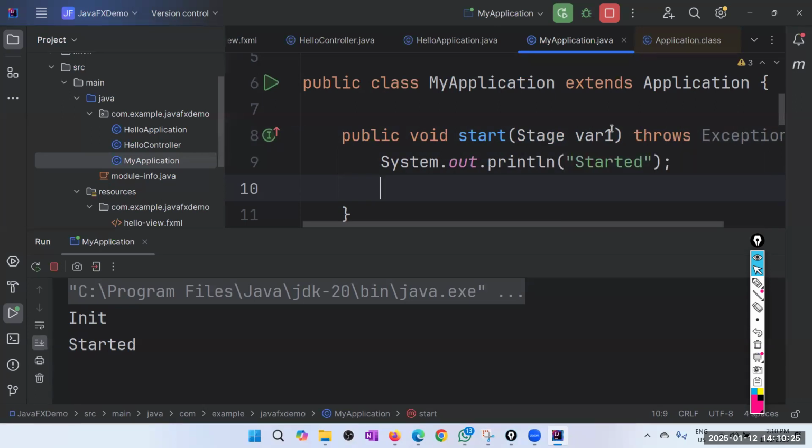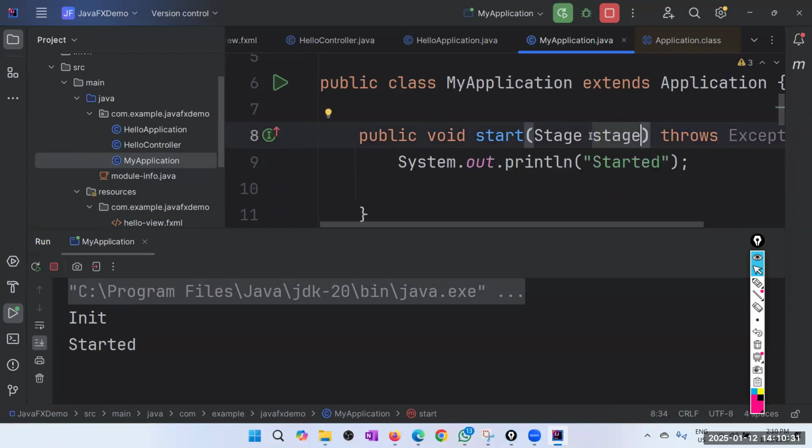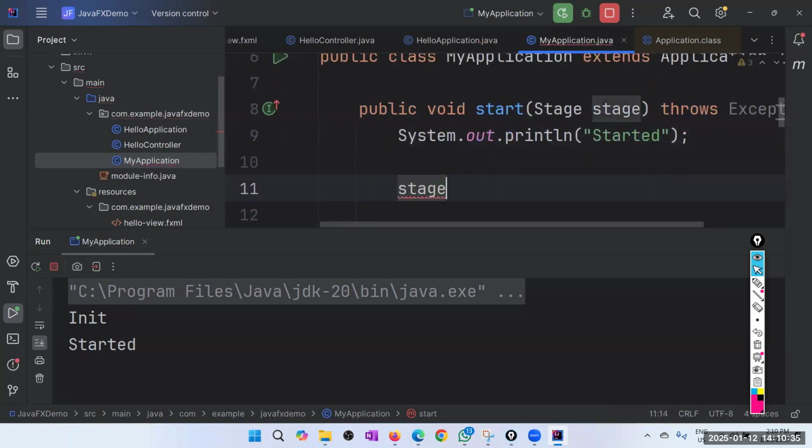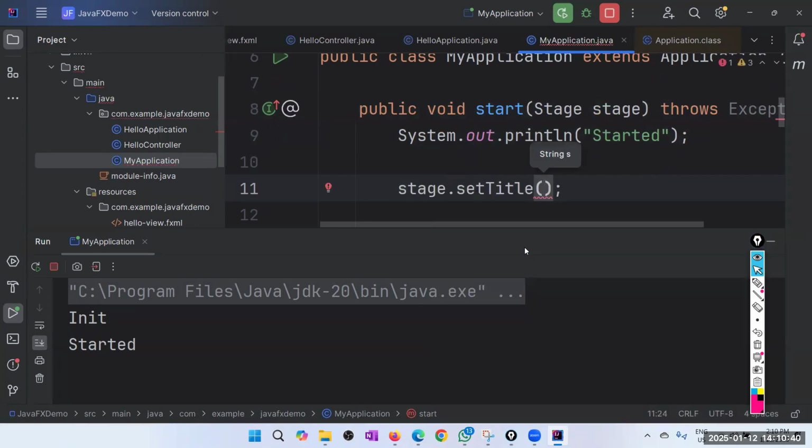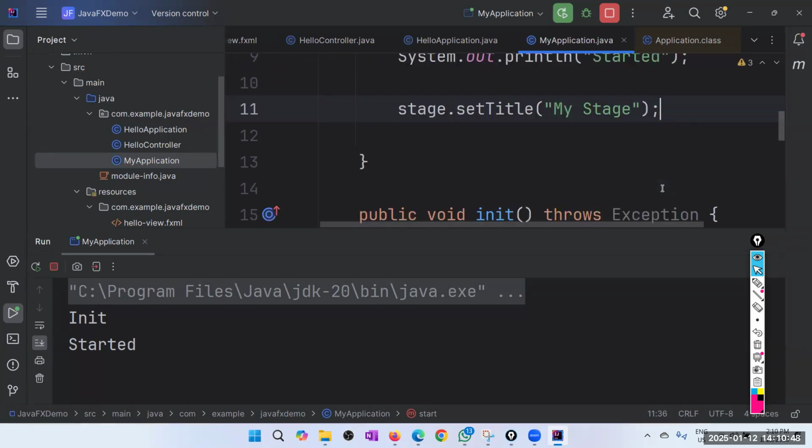Okay. So in my case, the stage is called var1. Shall we call it STG or something? Oh, yes, let's call it stage, so that it's easier to type. Stage dot set title. I'll call it my stage. Of course, if it is a form, you can say order or payment or whatever. Okay. So then